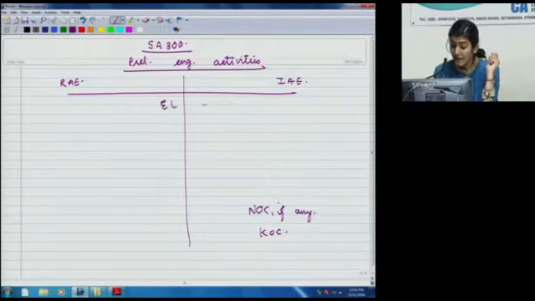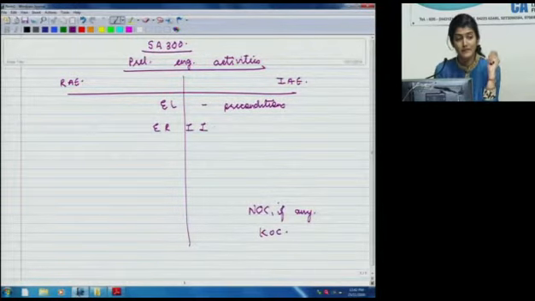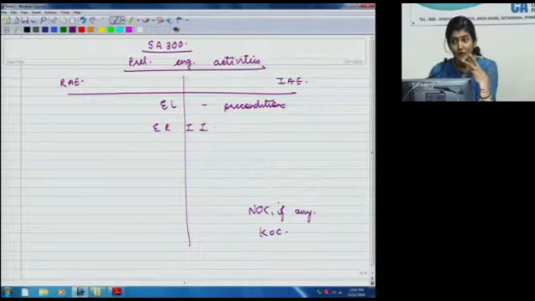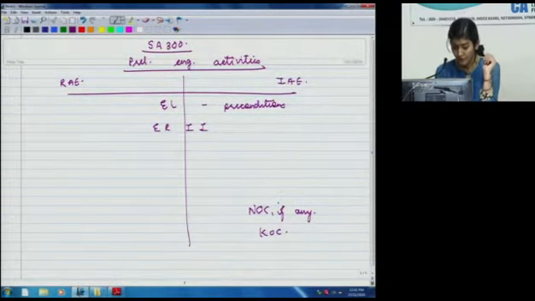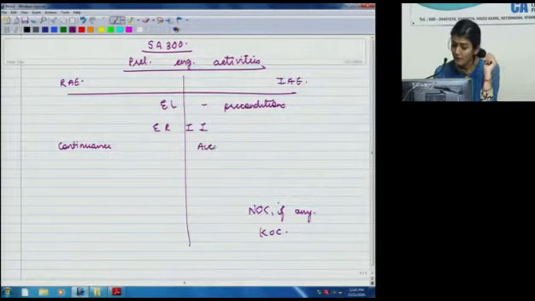Then engagement letter wherein the preconditions for an audit would have been given. Then whether you can comply with the ethical requirements including independence. These 2 points will be for both, for recurring audit also and for initial audit also. And for a recurring audit, the continuance of the client relationship, and for an initial audit, the acceptance of the